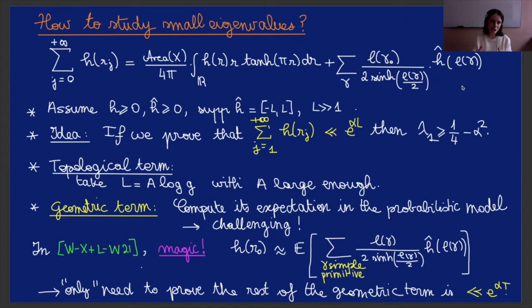This is actually what's difficult. The only is really not an only, because this is really difficult. It's the most difficult part of the proof, and they do it in two very different ways. With Nalini and Theorem, we use a very different method to exhibit cancellations,